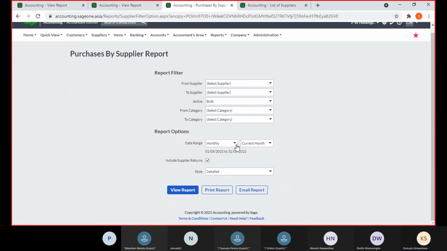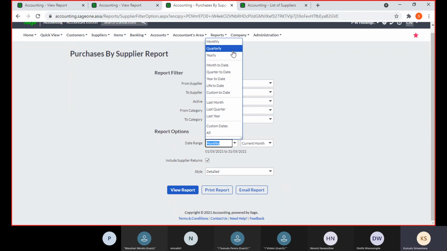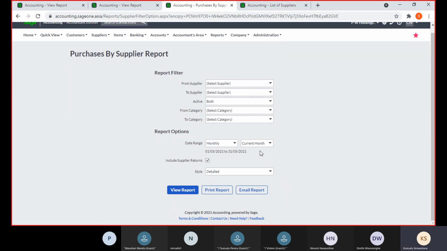In this date range, you can select monthly, quarterly, yearly, month to date, quarter to date, year to date, and last month, last quarter, last year, and custom dates and all. If you select monthly, you can view only this month. You can view the date range 1st May 2021 to 31st May 2021. If you select quarterly,